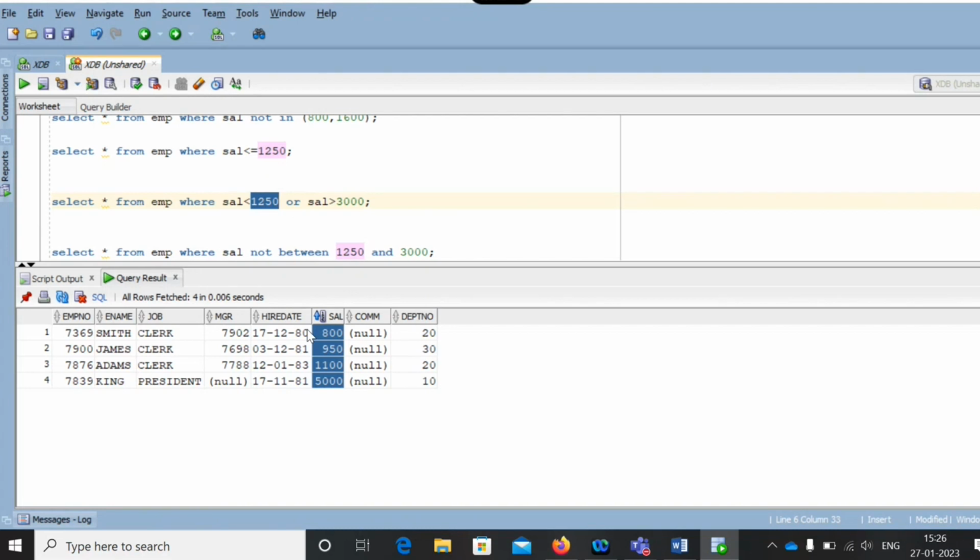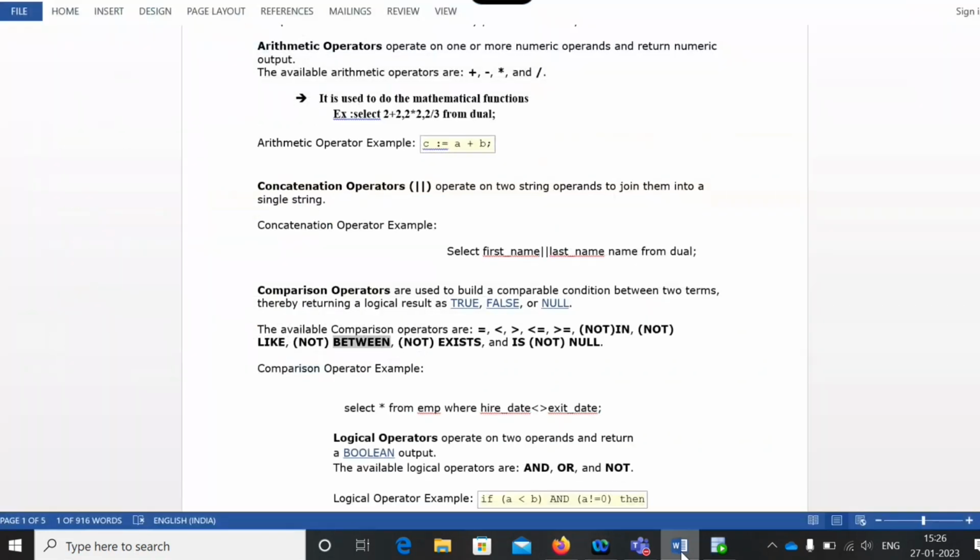All the values we have, we got here. If you don't know the answer also, you can practice with this more and more. You will definitely get some idea. Now we're done with between and not between.